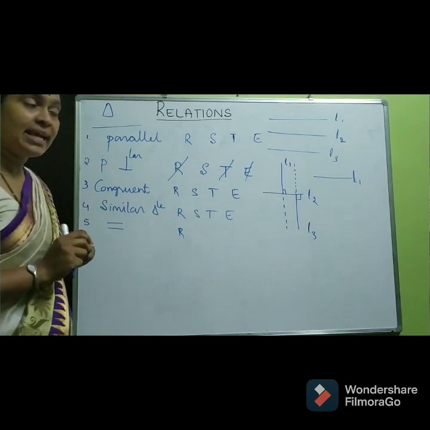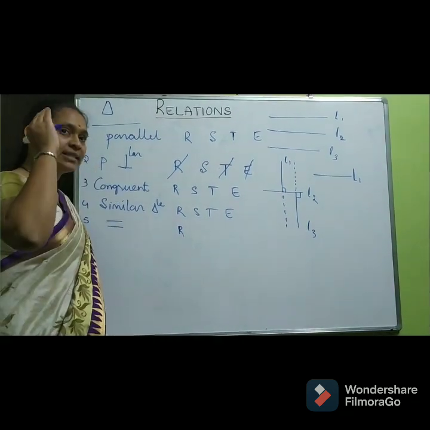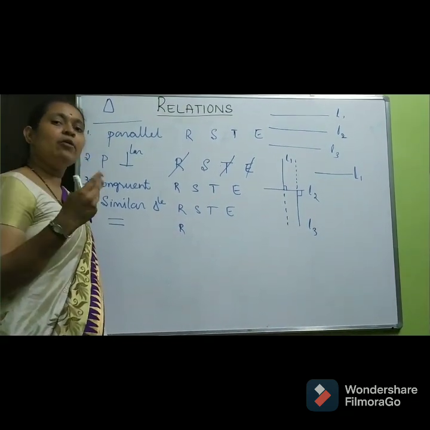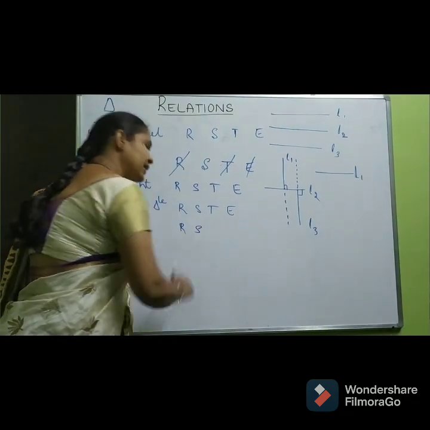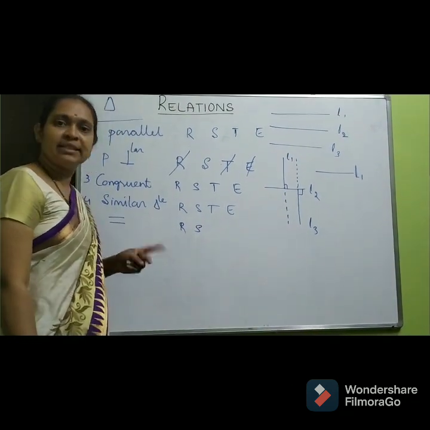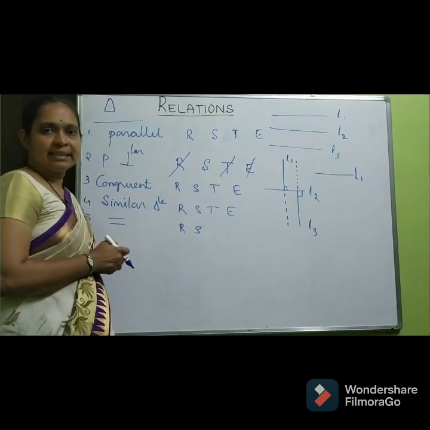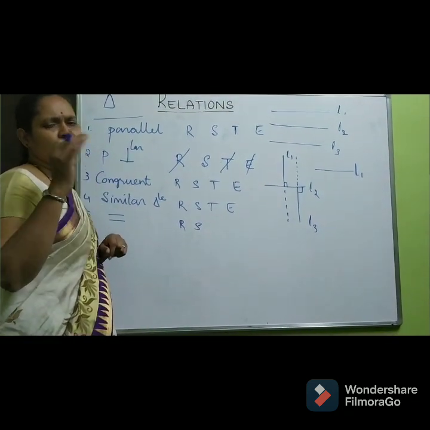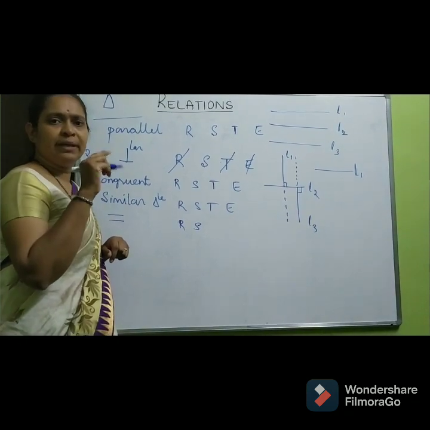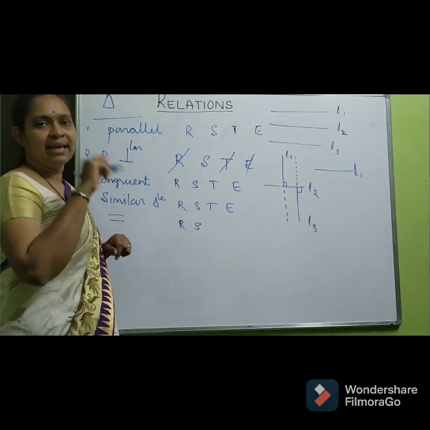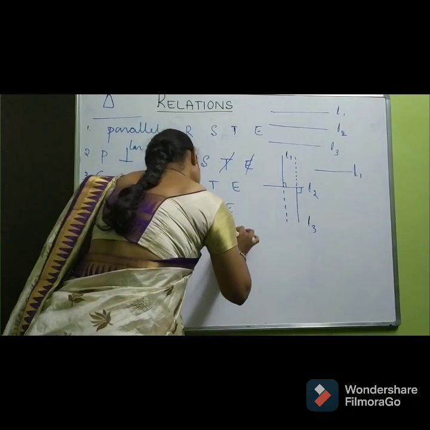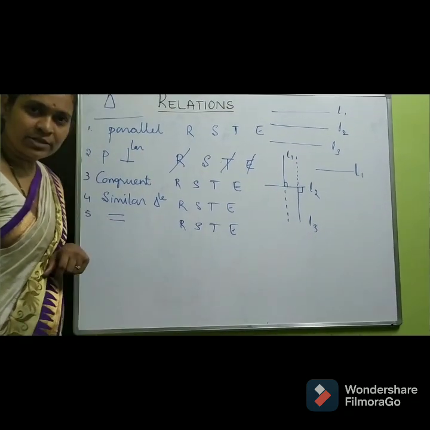If 1 is equal to 2 existed, definitely 2 is equal to 1 would exist. That's what I am telling. If AB is there, then only we discuss BA. If AB is not there, then also we call it symmetric. If two numbers are equal, then A is equal to B and B is equal to A will happen. Similarly, transitive, which we use most of the time. A is equal to B, B is equal to C, definitely A is equal to C. Transitive, hence it is an equivalence relation.